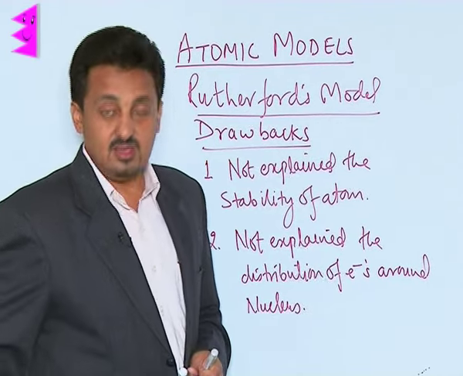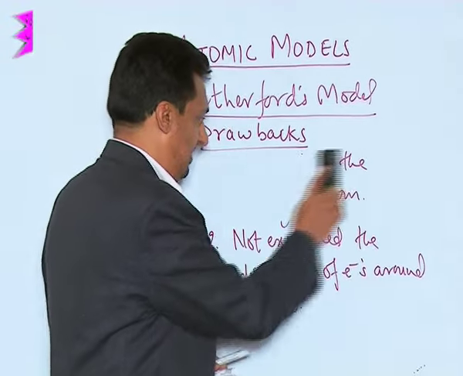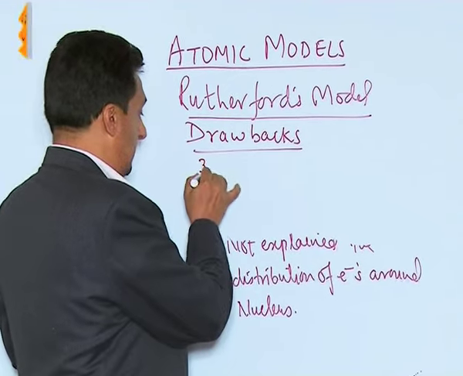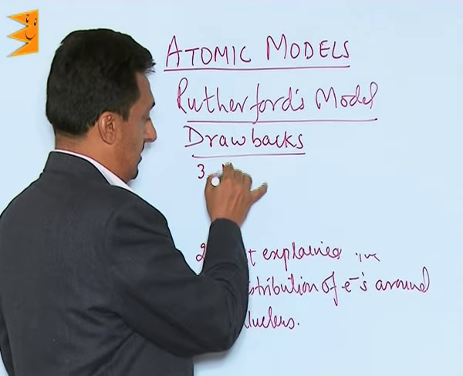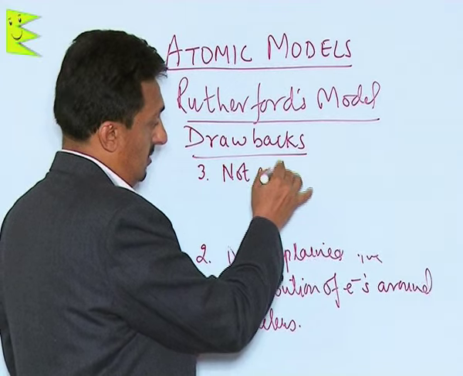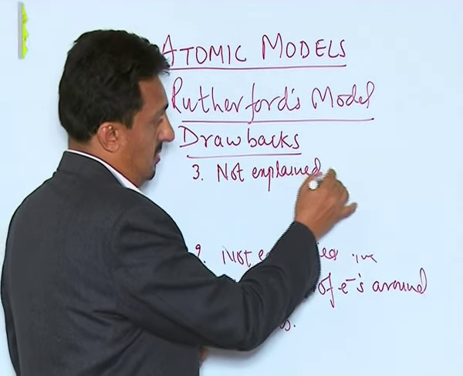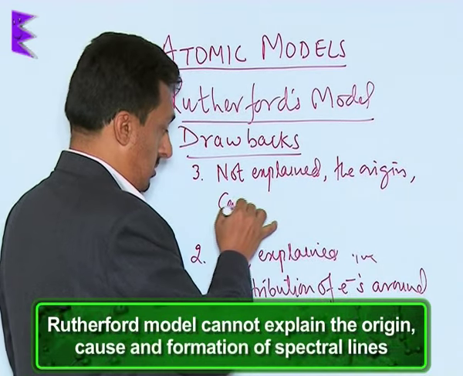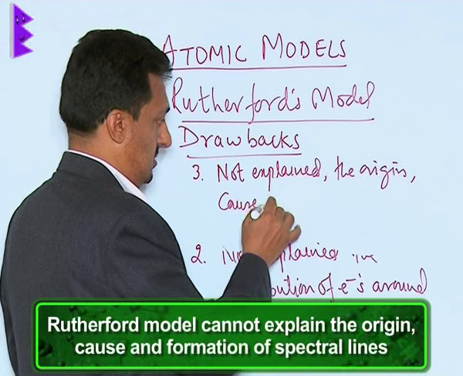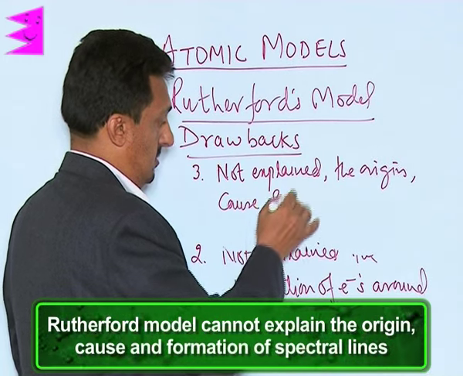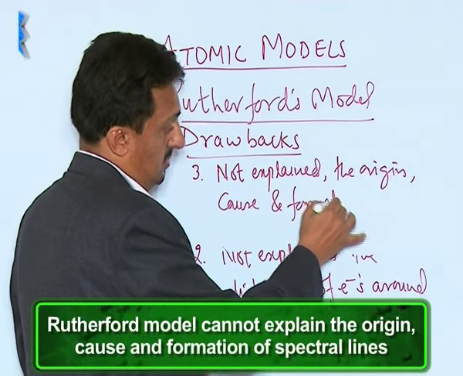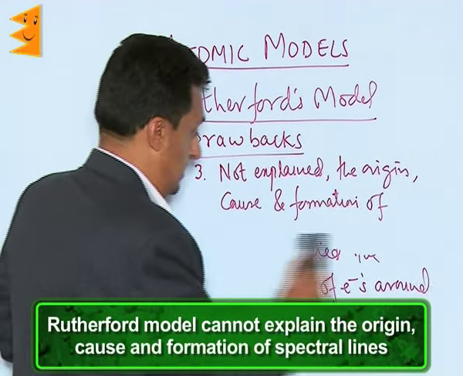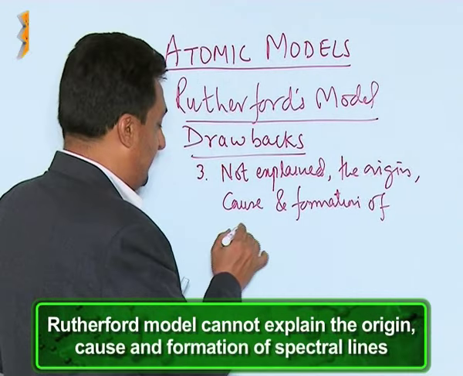There was one more thing which his model failed to explain. He couldn't explain the origin, cause, and formation of spectral lines,